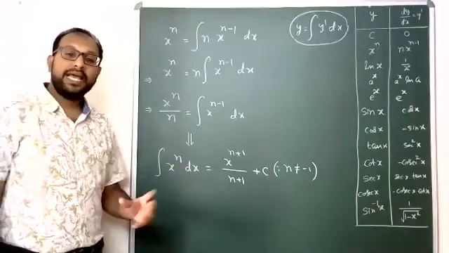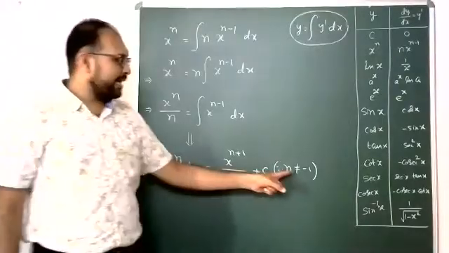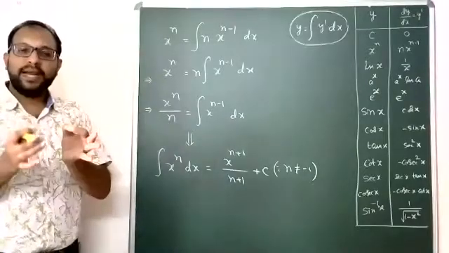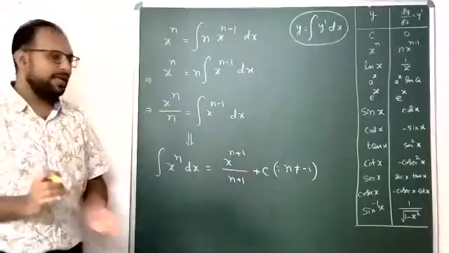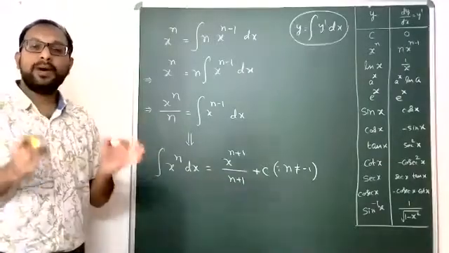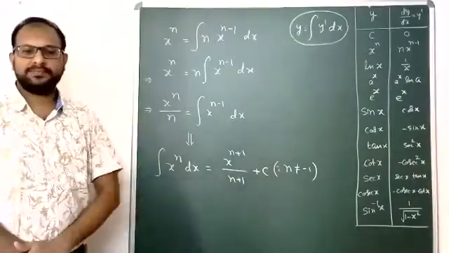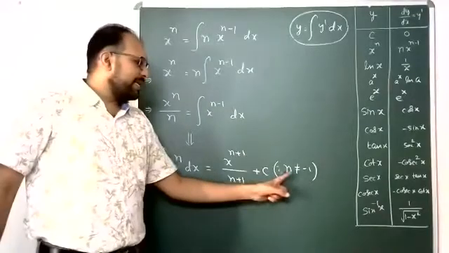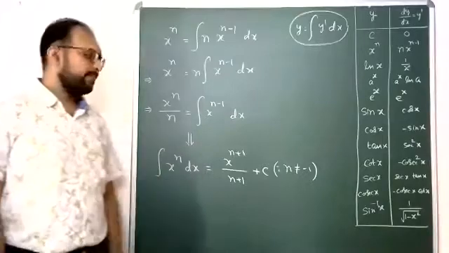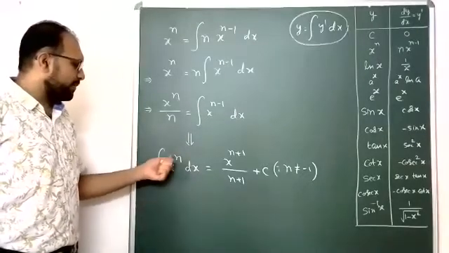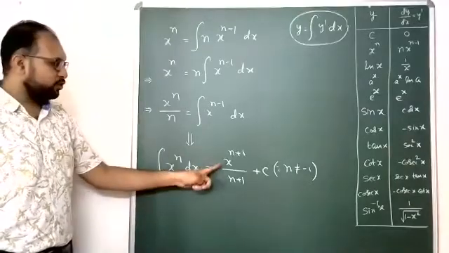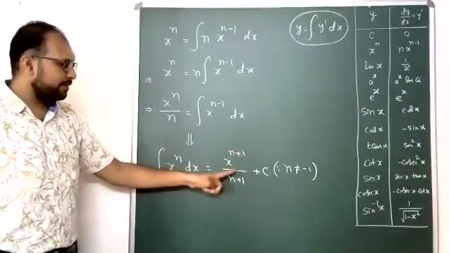So like that, for anything other than n equal to minus 1. The case n equal to minus 1 I will also tell, just wait. But up to now, this is a more important equation in our physics. For values of small n other than minus 1, integral x to the power of n dx equals x to the power of n plus 1 by n